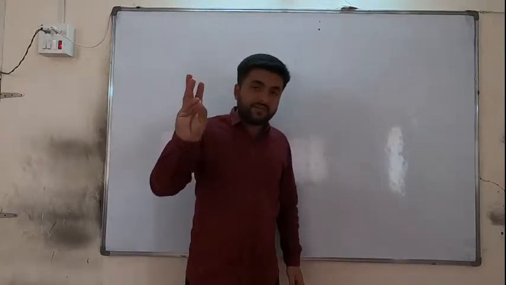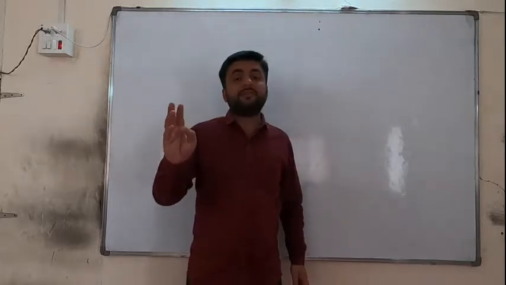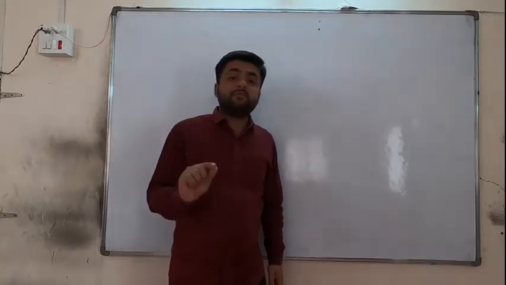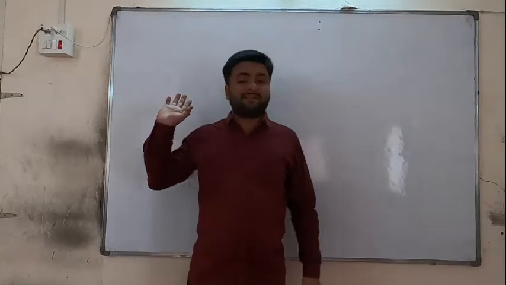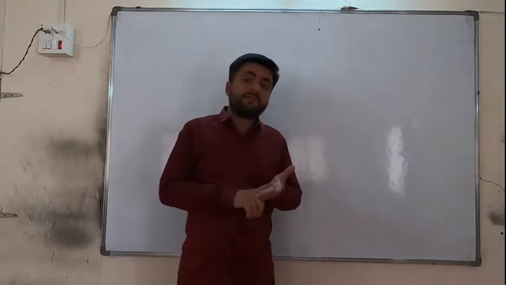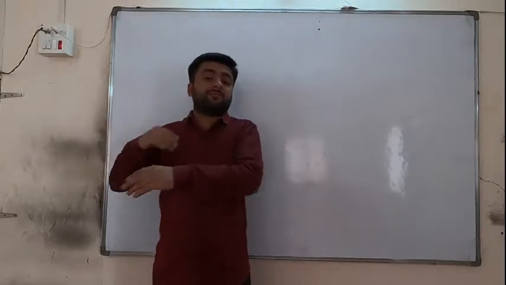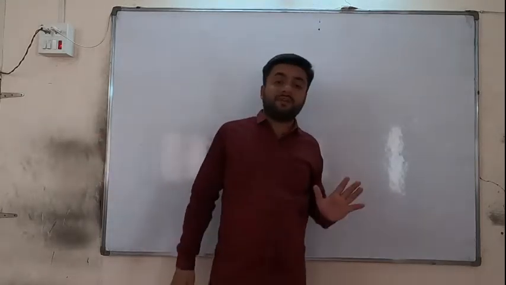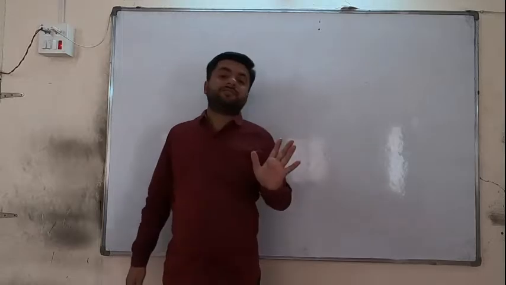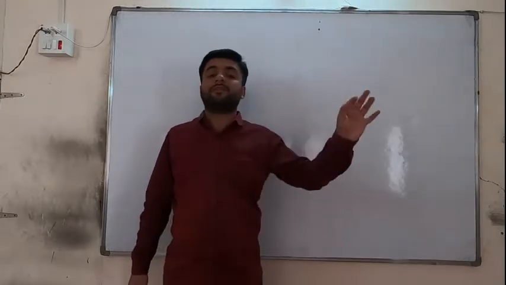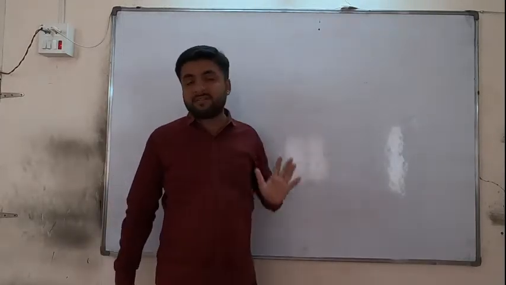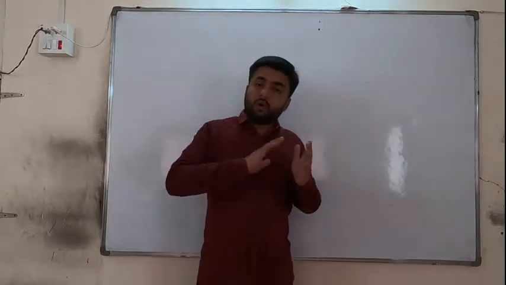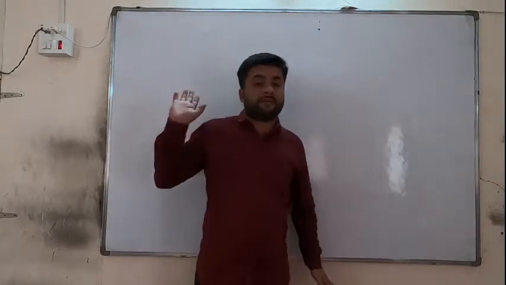Old ratio will be given, share of new partner will be given, and also the new ratio of old partners is given. New ratio is given, but it is for only old partners, not including the new partner. Excluding the new partner, new ratio is given. So we have to find the whole new ratio. Here new ratio will be given for only old partners, only one additional thing is given. So at that time all the steps are the same excluding one.